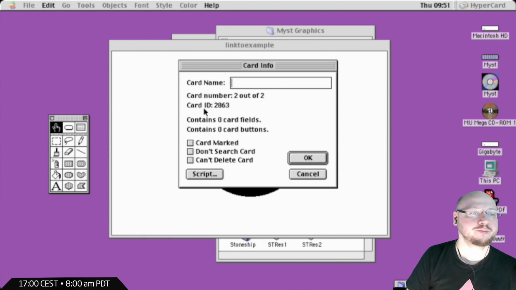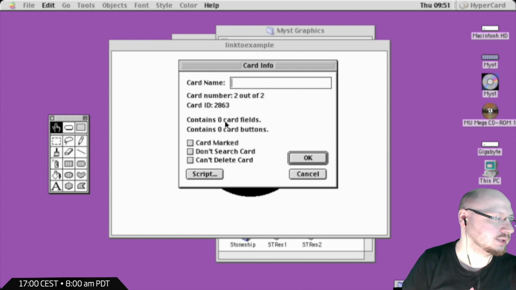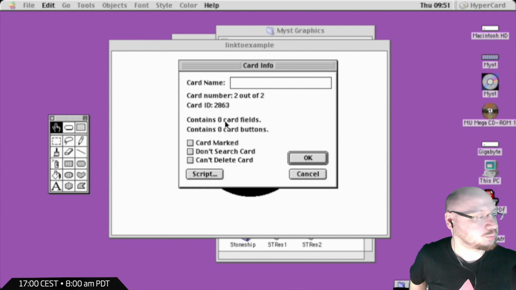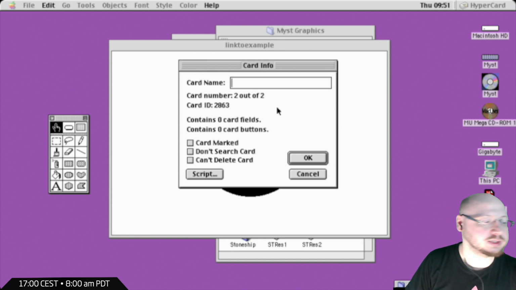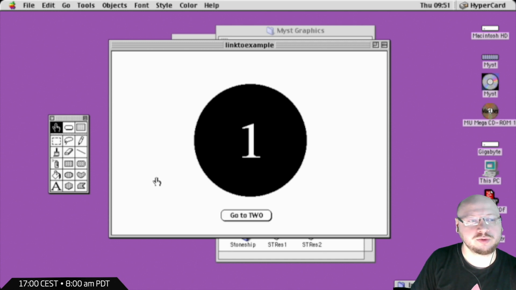So this number is a unique number that a card gets when it's created, and that never changes over its lifetime, unless you go into your stack with the hex editor and actually change the bytes. So that means that the easiest way for someone who can't program to create a transition between two cards,